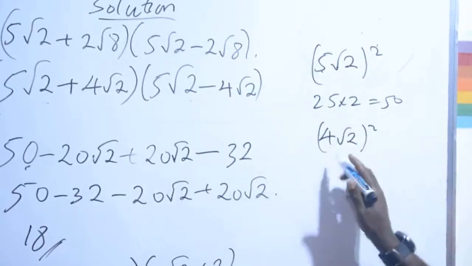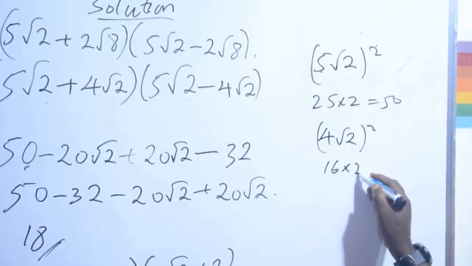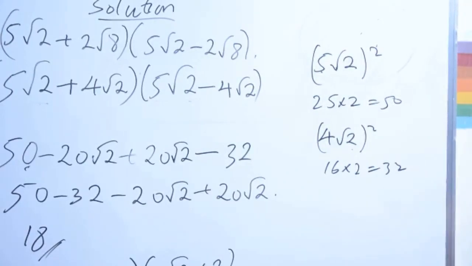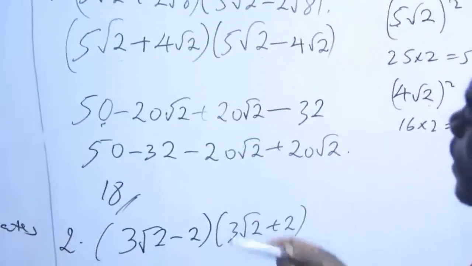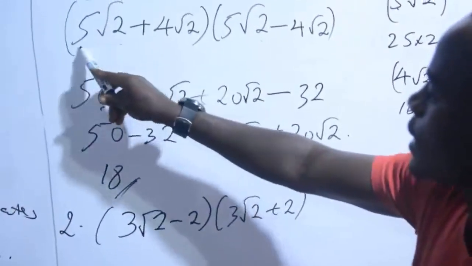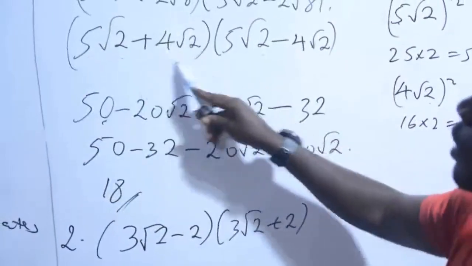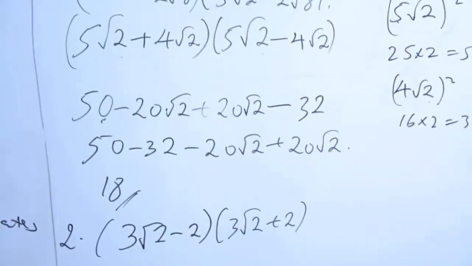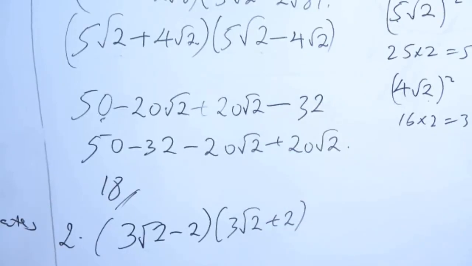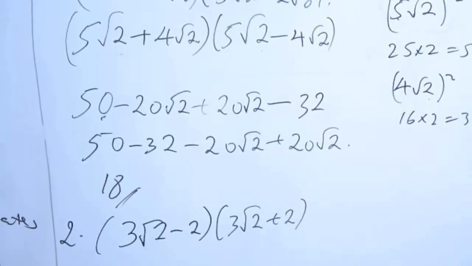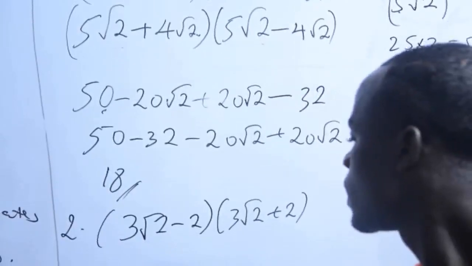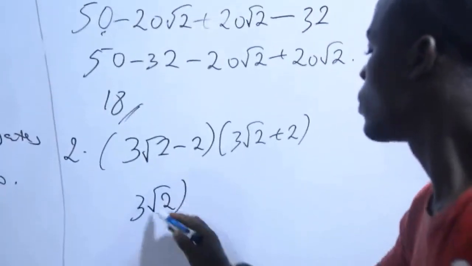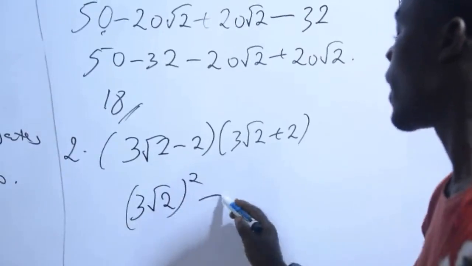This one squared is 16 and then times this 2, which is 32. Okay? So I want us to just look at it now. Can't we just say this one squared, that is the whole of this squared, minus this one squared, and then we finish, so that we will not waste our time expanding all these brackets. Are you with me? Now, here, that means we just say 3 root 2 all squared, then minus this 2